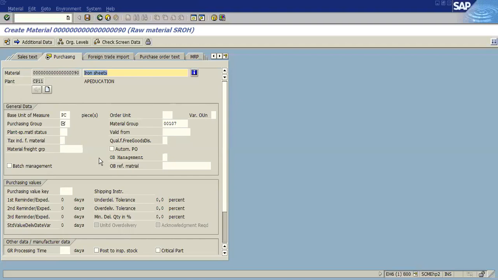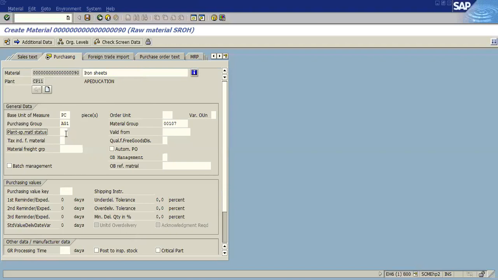Here we enter the purchasing group. And here also you have the option of blocking the material. You can see here the plant specific material status. If you use this plant specific material status, then you can block the material only for the particular plant.